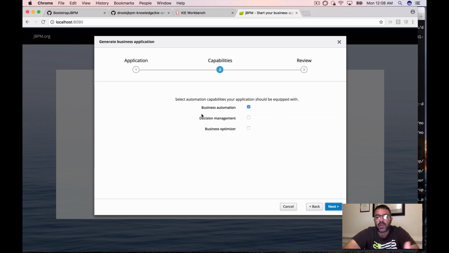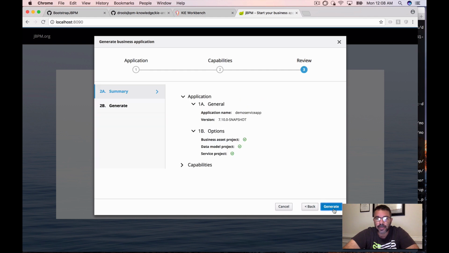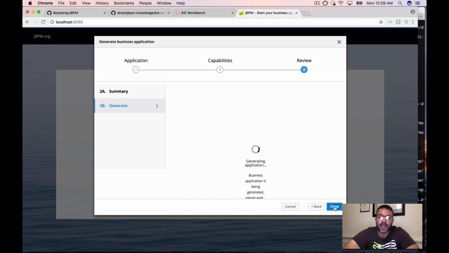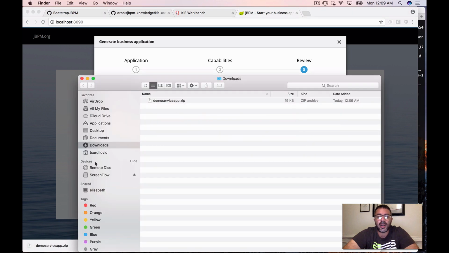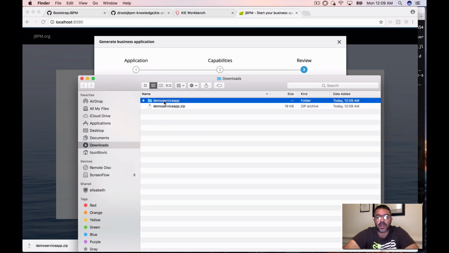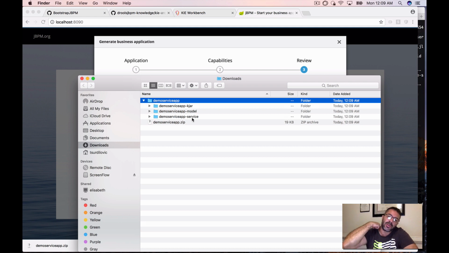Here we can also select capabilities. We want JVPM, case management, server running and everything, the execution server. Here we would also like to add rules, and this is Planner. We can review our selection and click generate, and what we get out is a zip file that we can extract, and it contains our KJAR, our model, and our business service Spring